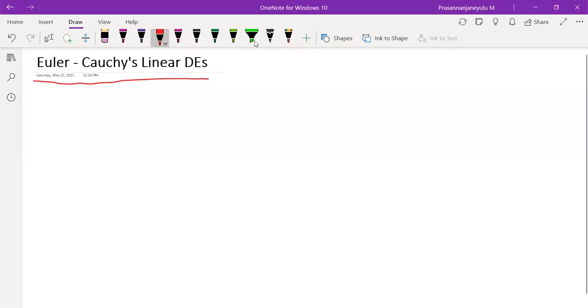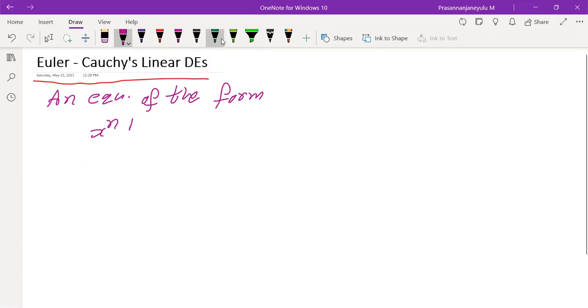An equation of the form, the thing which I am writing is very important, students, so please observe this. x^n into the nth derivative of y with respect to x plus p1 into, not p1 here, I'm taking simply x^(n-1) into the (n-1)th derivative of y with respect to x, plus and so on,